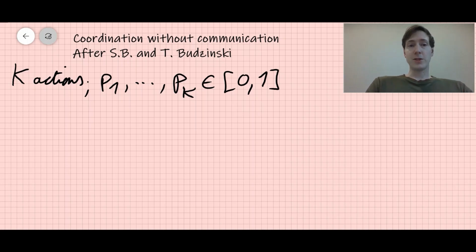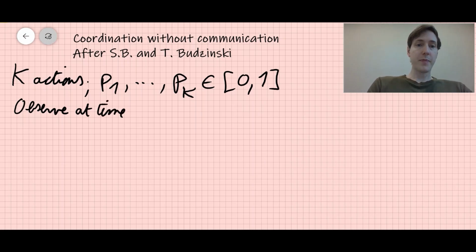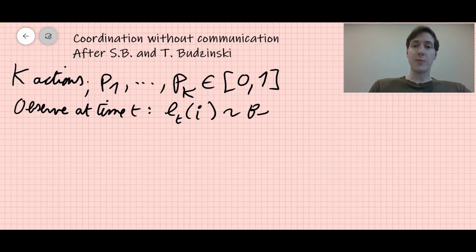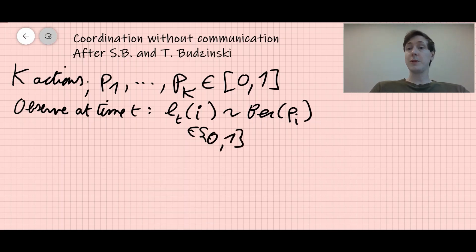Now, in the full information setting, in this prediction with expert advice setting, what happens is that you observe at every time t a sample, let's call it L_t^i, which is simply a sample from a Bernoulli of parameter Pi. So what does it mean? This L_t^i is a number, it's either a 0 or 1, and it's a 1 with probability Pi. So at every time step, you just observe passively